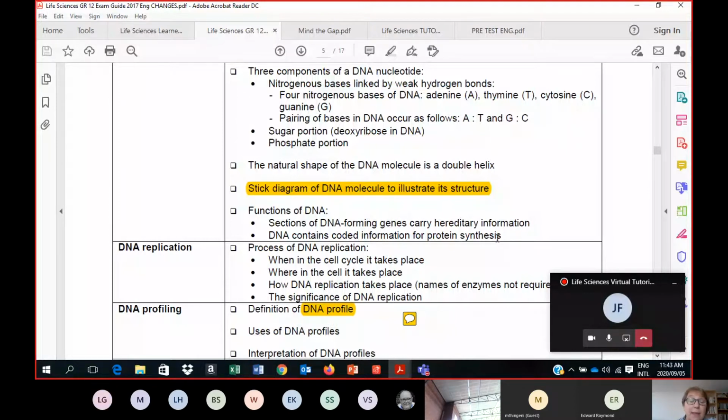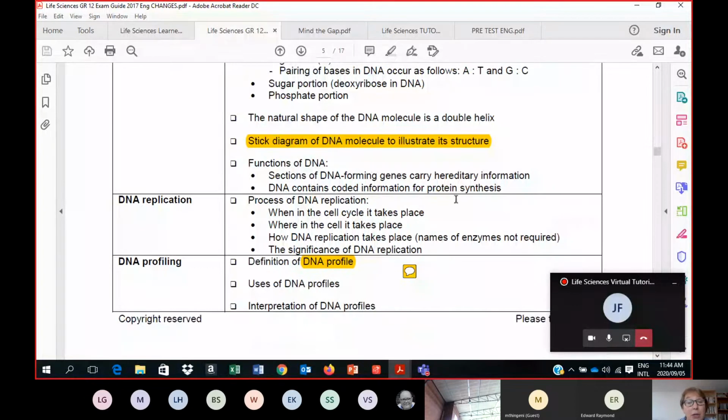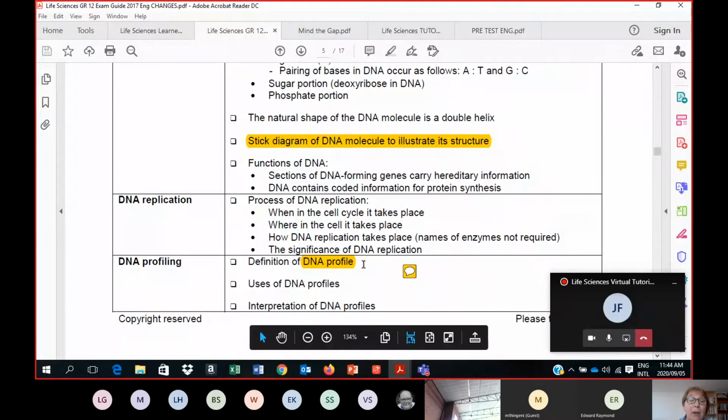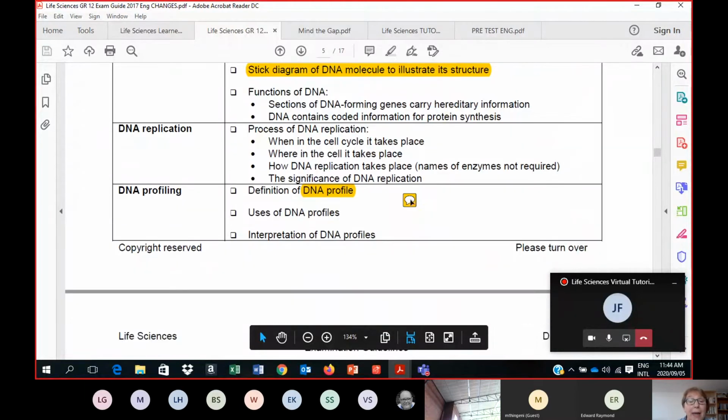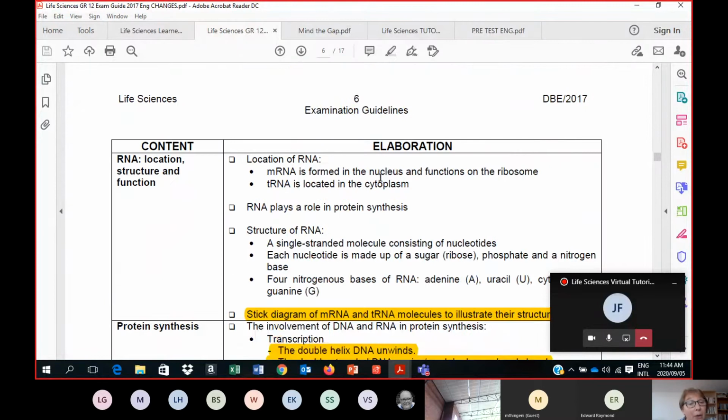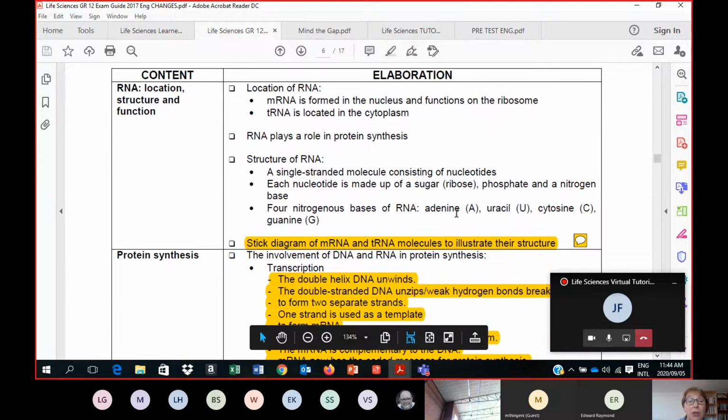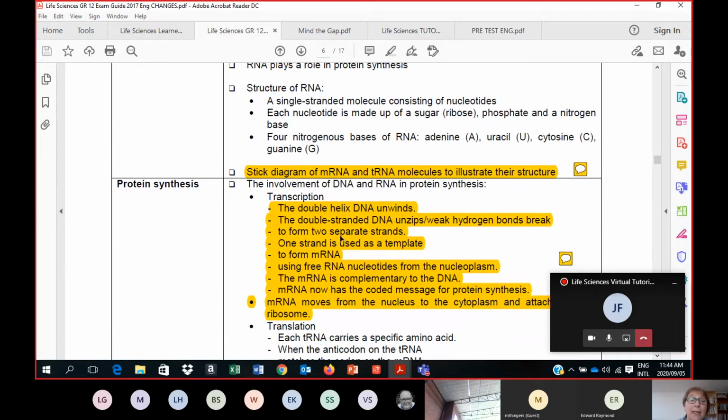The functions of DNA, so we'll talk about this later, but that it carries hereditary information, and that's very important for protein synthesis. Then we're going to talk about the process of replication, where the DNA makes a copy of itself, and then the definition of a DNA profile, uses of DNA profiling, and then we speak about RNA as well. Where is it found? What does it do? What is its structure, and a little diagram of messenger RNA and transfer RNA,